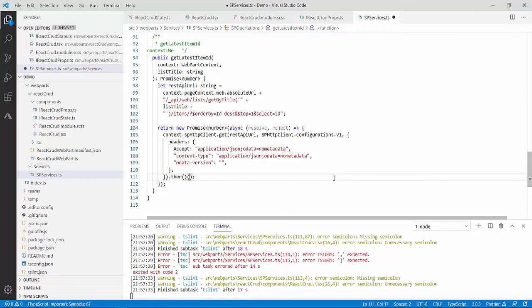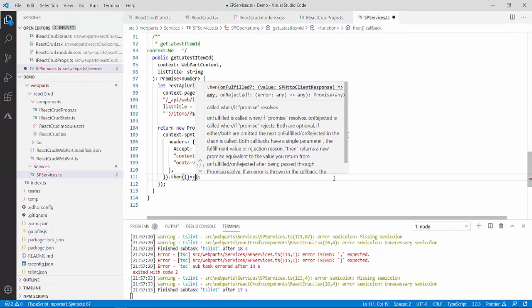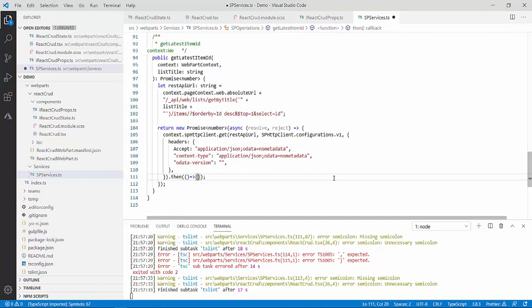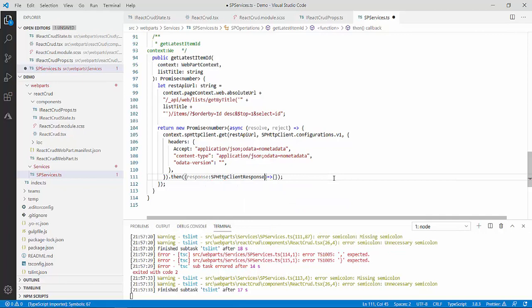Dot then, inside I will create this bracket. Now this is fine. Over here, first of all, response of type SPHttpClientResponse, response.json.